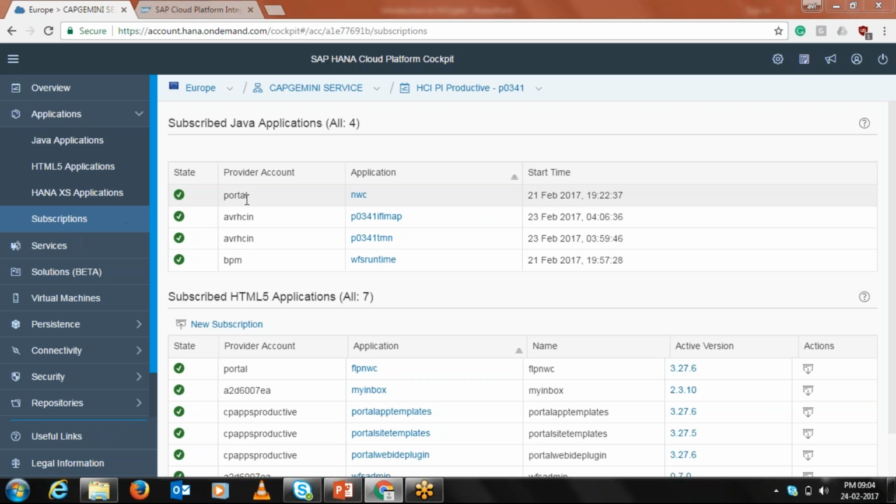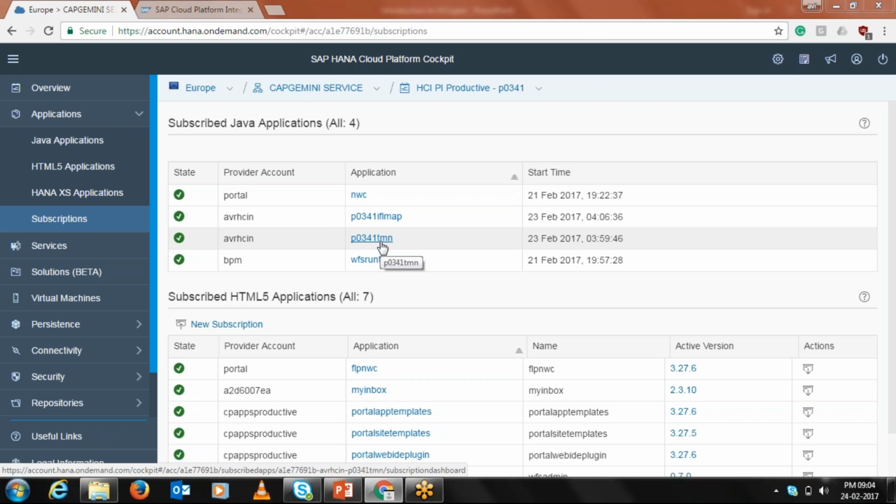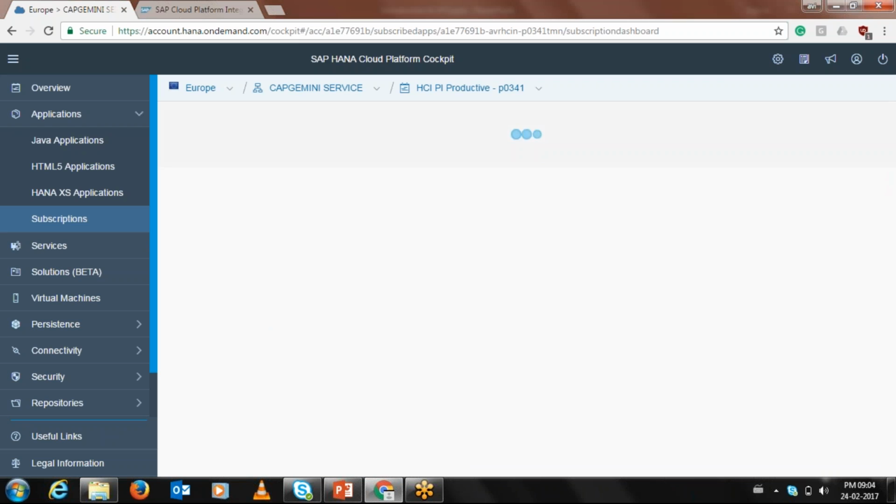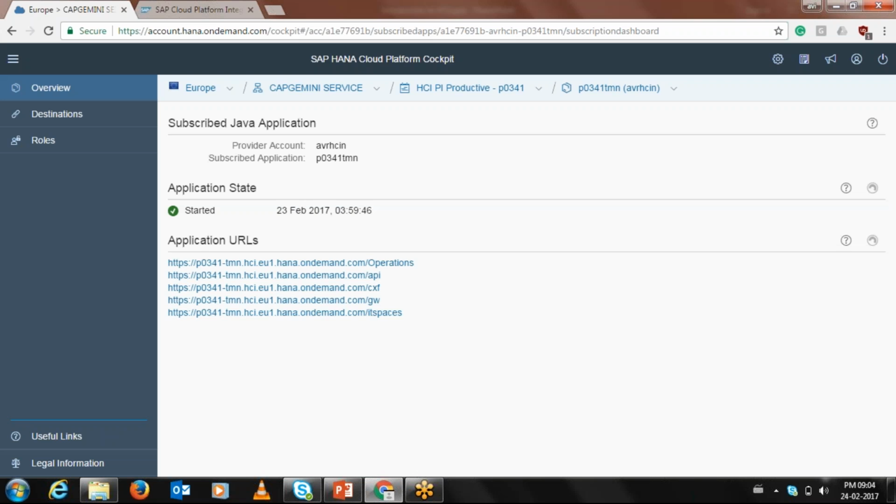This is your tenant management node. You need to click to get the URL of your HCI. Here you have different URLs. The last URL, which is the IT space, just click on it and it will open.